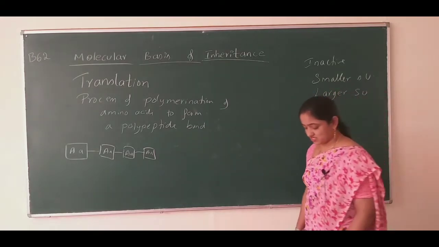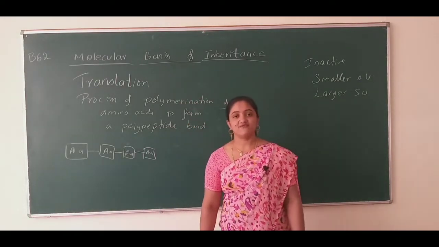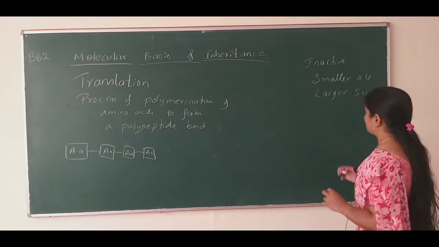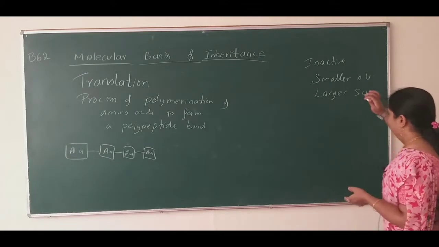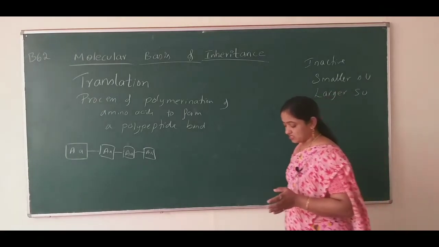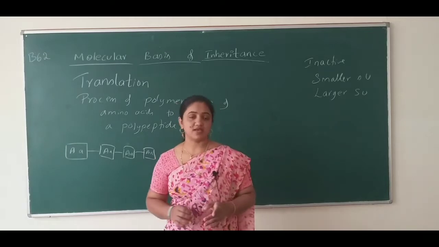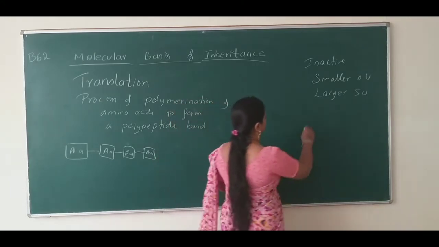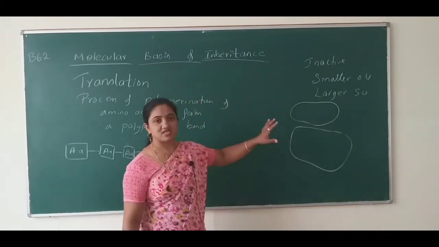You might have studied in class 11, while doing the unit on the cell, the concept of ribosomes in prokaryotes and eukaryotes, and their sedimentation coefficients. Though we are talking about eukaryotes now, the subunits of the ribosome, the smaller subunit and the larger subunit, have sedimentation coefficients of 40S and 60S. They exist in two forms. This is the inactive state.